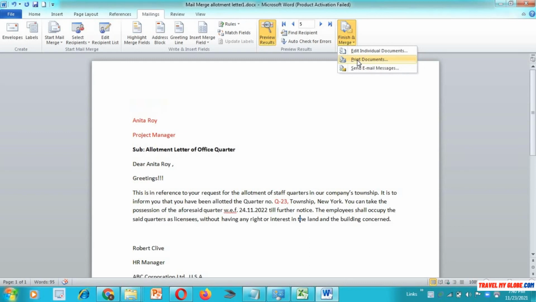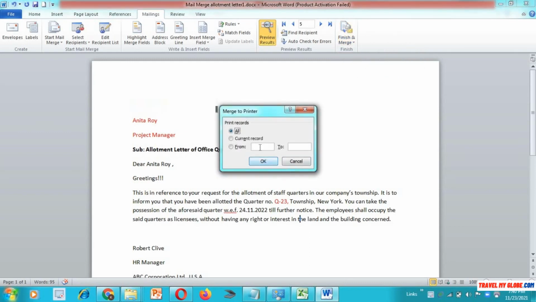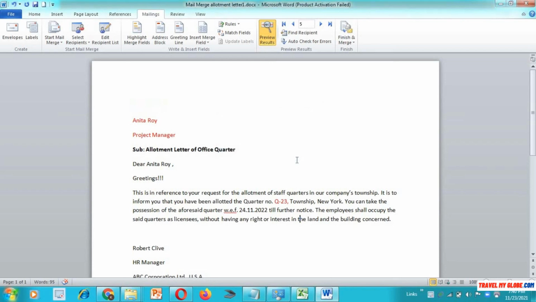If you go to print documents, then you will see the print records window, where you can print all of your letters, like all, or the current record, or from which record to which record you want. So if you want all records, just click the option all and you can get the printouts. Okay, so this was it.